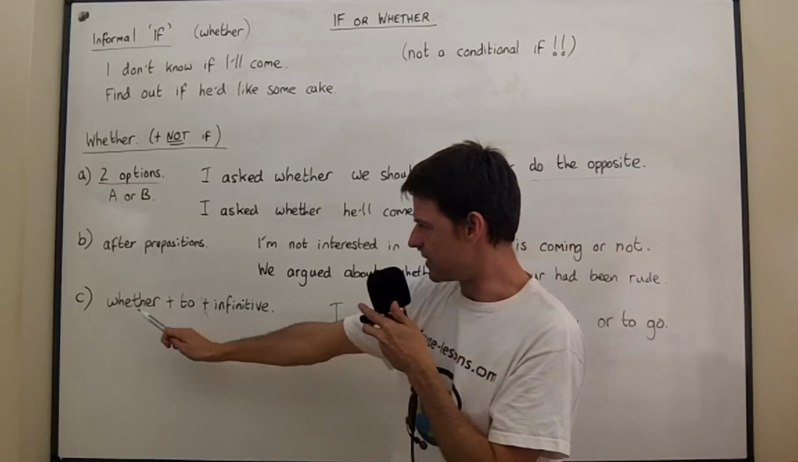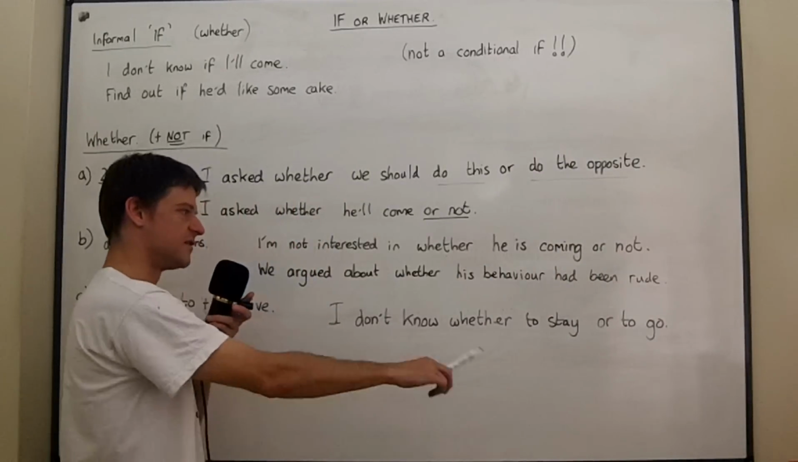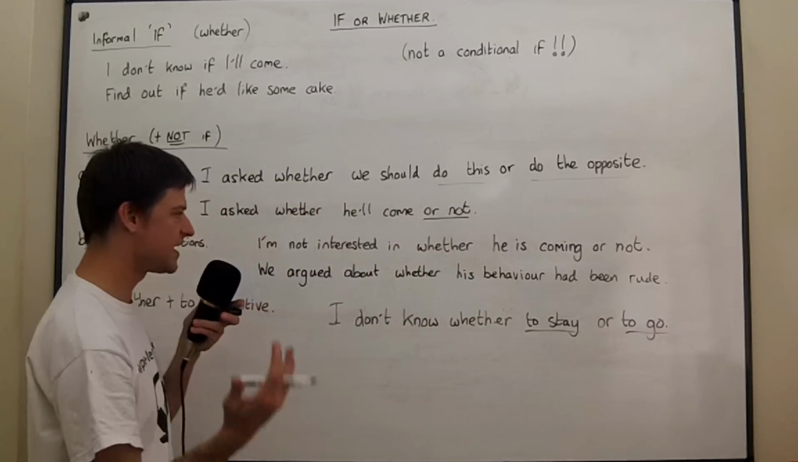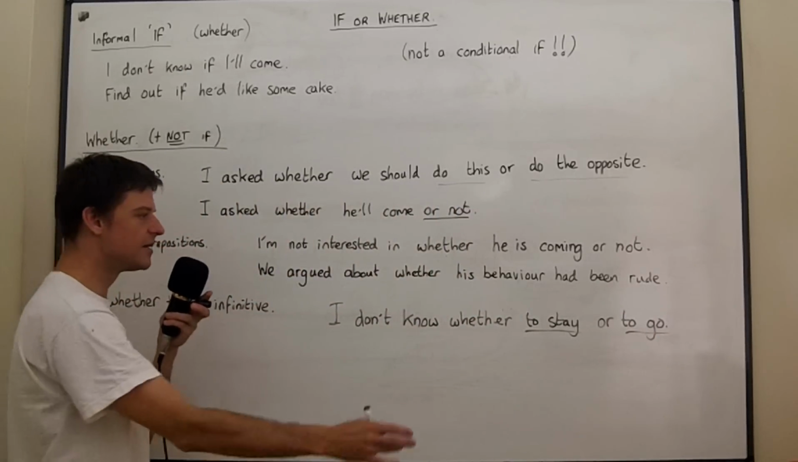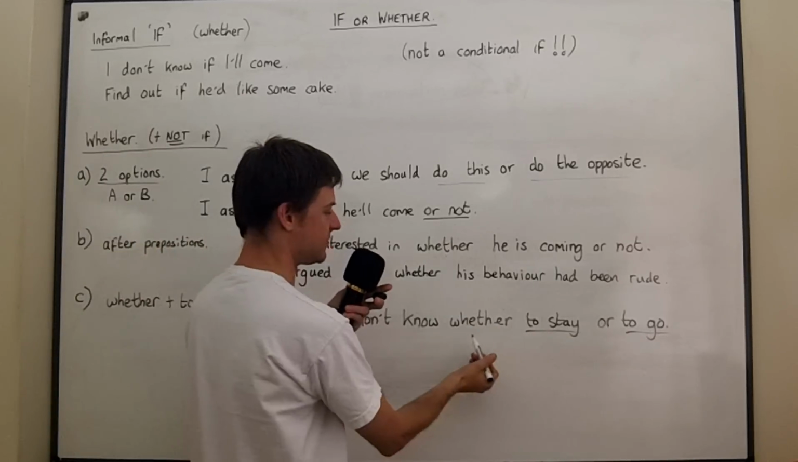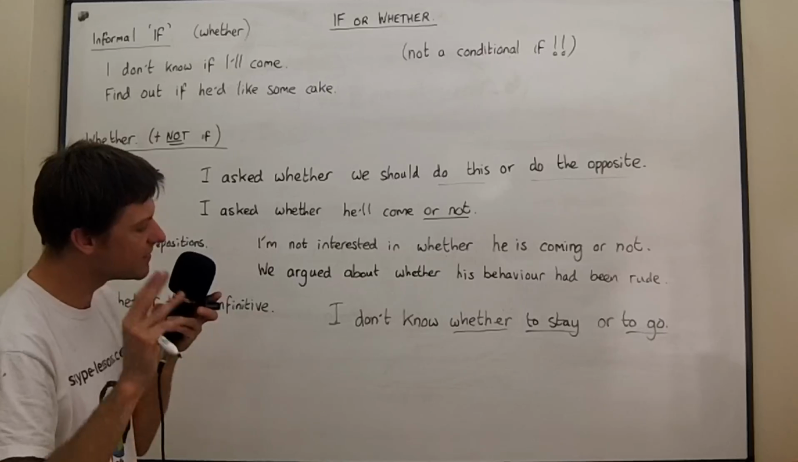And lastly, we ought to use whether with to plus infinitive. I don't know whether to stay or to go. Note the parallel forms. But I don't know whether to stay or to go. So here we've got two options, and it's to plus infinitive. So please use whether before to plus infinitive. But remember that for some